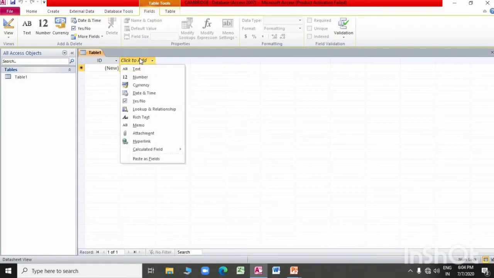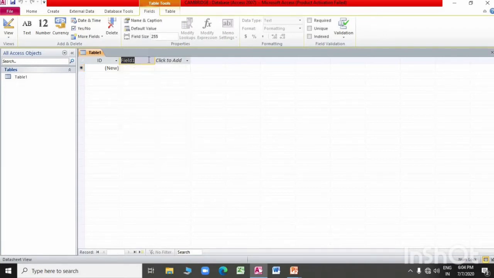What will we give as the field name? Name of student. Suppose we are giving it like this. You can increase or decrease the size. Its data type is text.